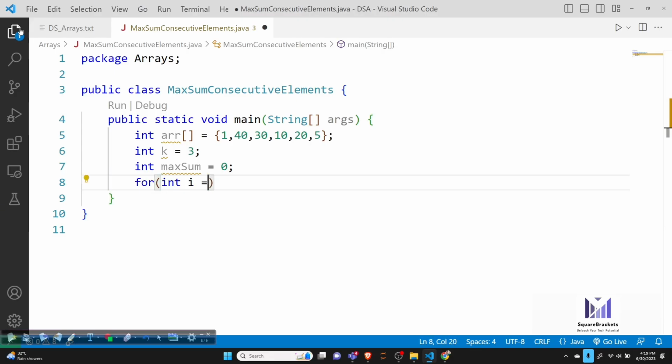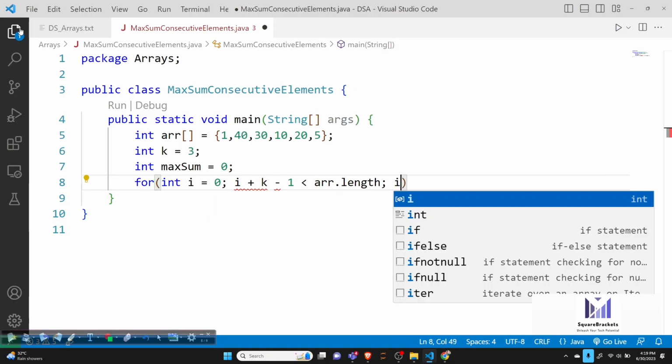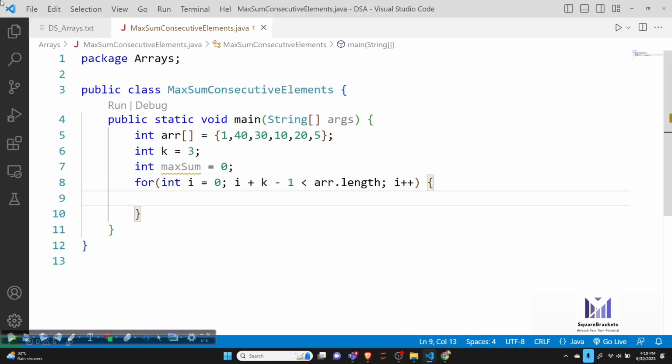Now first we will start iteration from 0 and then i plus k minus 1 less than array dot length and then i plus plus. So what exactly I'm doing? See, the loop will be executed only till 10. We don't have to execute the loop till n. So just execute this loop only up to there because the next 3 elements will be added up in my nested loop. The nested loop will execute only k times.